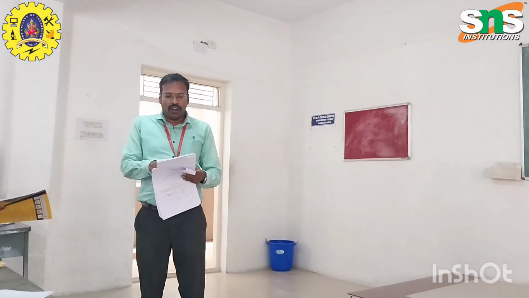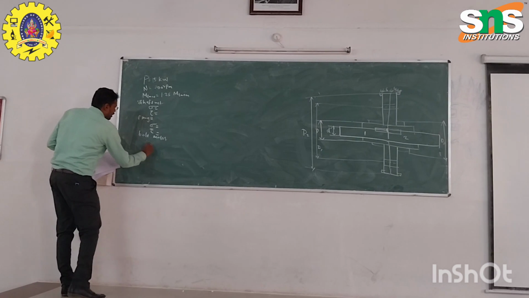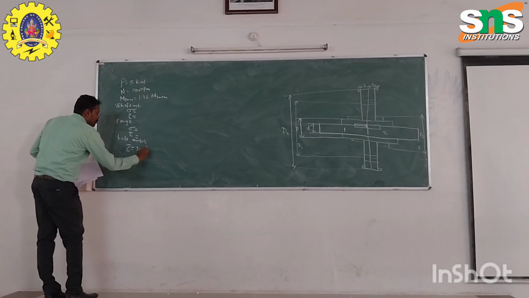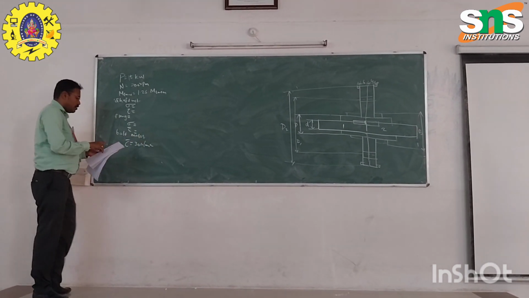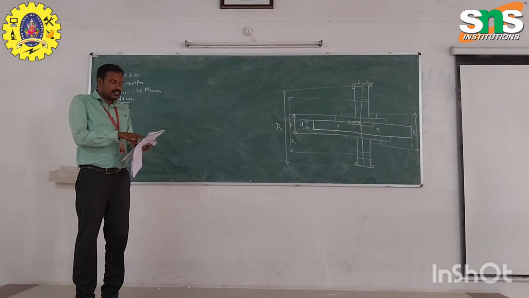Allowable shear stress for bolt is 30 Newton per millimeter square. Here bolt material is 30 Newton per millimeter square. Next, shear stress for cast iron is